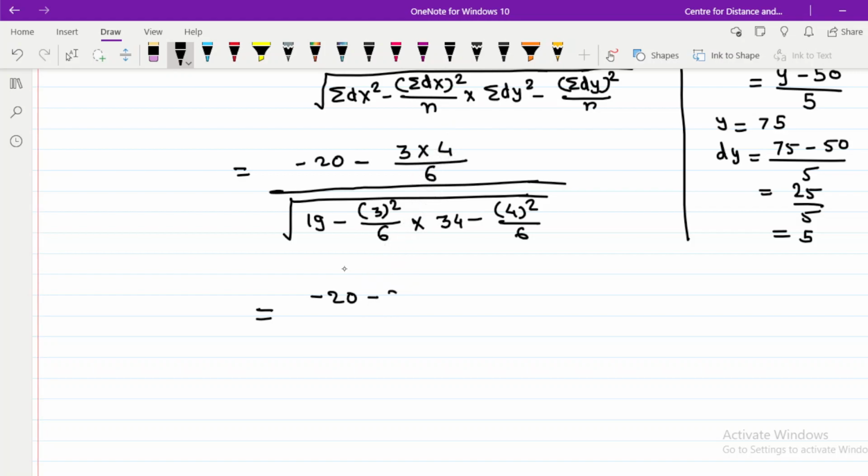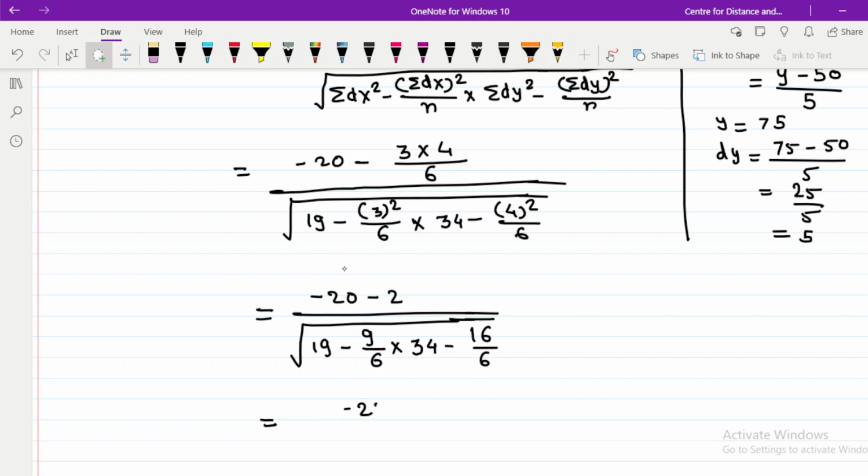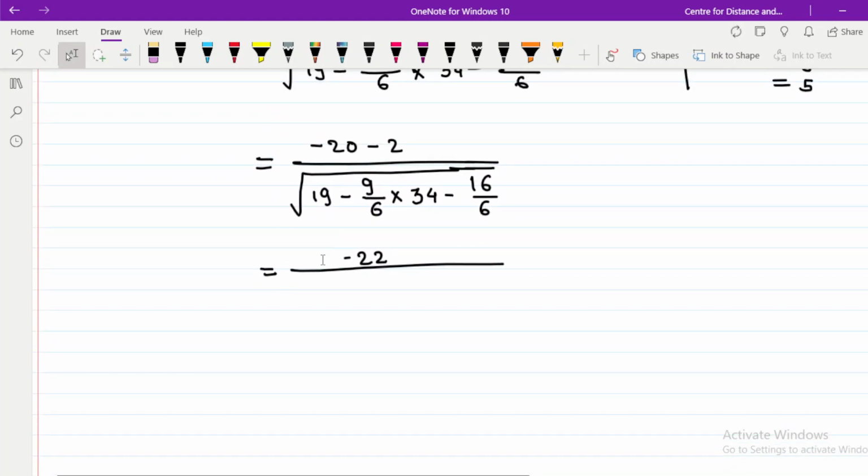12 divided by 6 is equal to 2, divided by 19 minus 3 square is equal to 9 divided by 6, and 34 minus 4 square is equal to 16 divided by 6, which is equal to minus 20 minus 2 is equal to minus 22 divided by under root 19 minus 9 by 6 is equal to 17.5 minus into 34 minus 16 by 6 is equal to 31.3334,